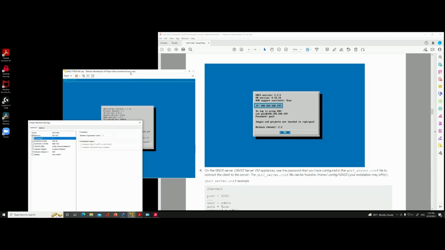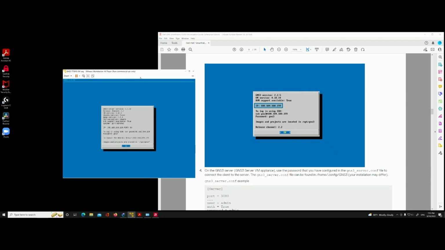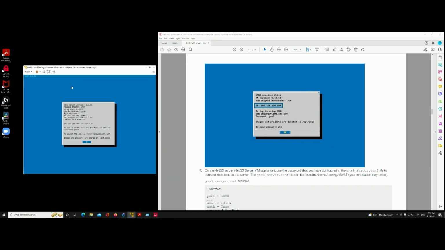That doesn't apply to us because we're using this GNS3 server in the same workstation as the client. So that's why. But if you care about the IP address for this GNS3 server, it's right here. It's already assigned by this GNS3 process. It gave it the IP address of 192.168.209.129, port 80,